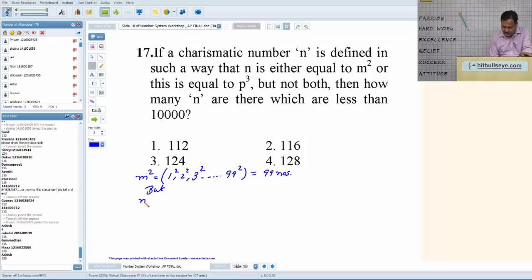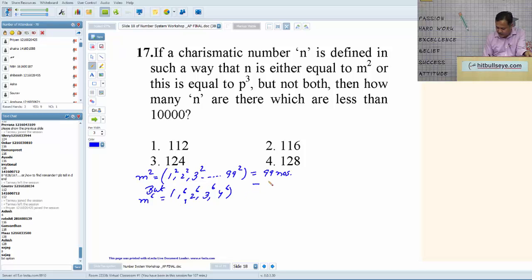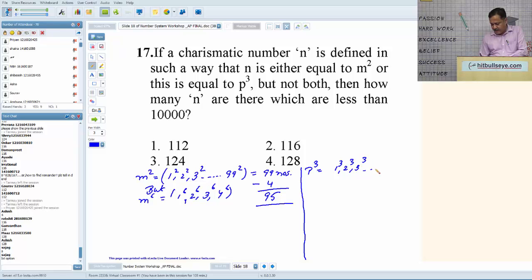but numbers which are in the form of m raised power 6, that means 1 raised power 6, 2 raised power 6, 3 raised power 6, 4 raised power 6 should not be there. So minus 4 numbers. So there are 95 numbers from 1 to 10,000 which are a perfect square but not perfect cubes. So let us check how many cubes are there. So p cube can be 1 cube, 2 cube, 3 cube till 21 cube. So there are 21 numbers,